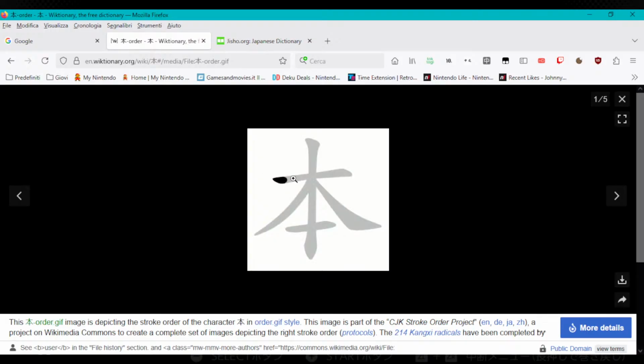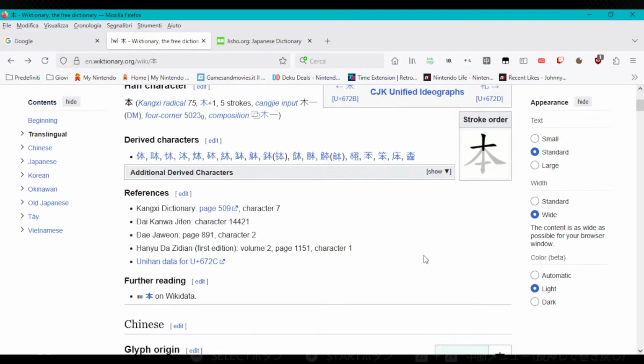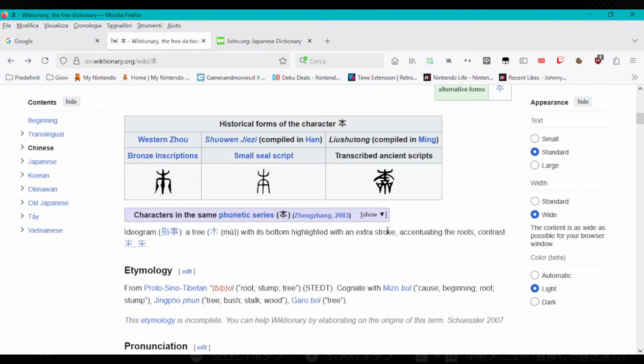So first left to right, top to bottom slanted, top to bottom slanted, and left to right. And yes, we simply add that stroke on the bottom